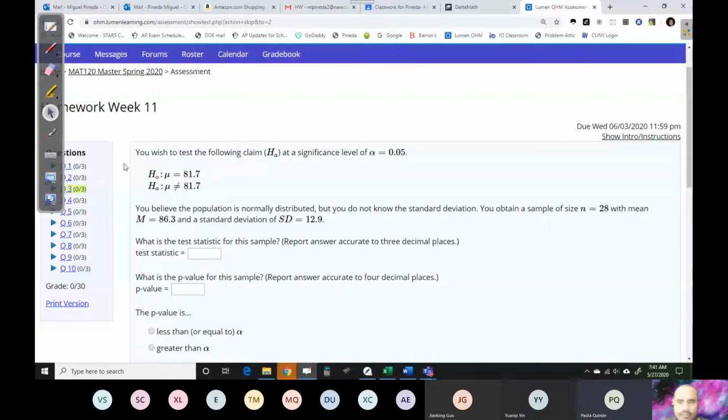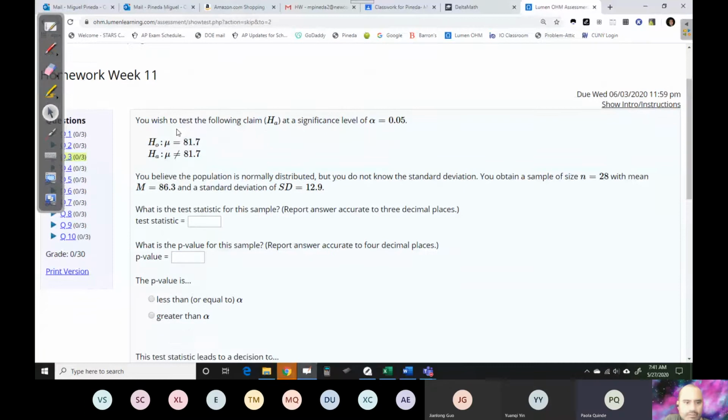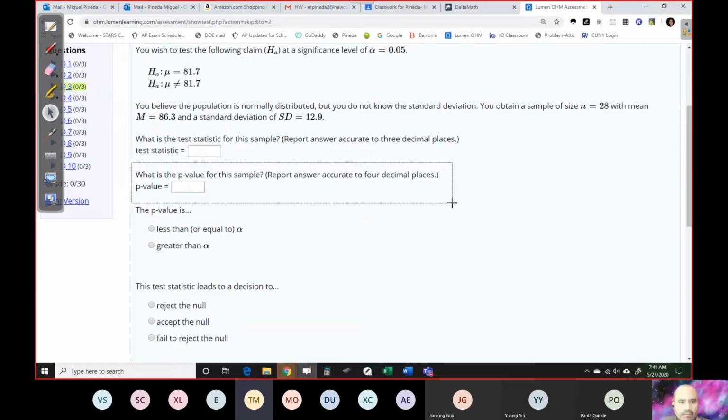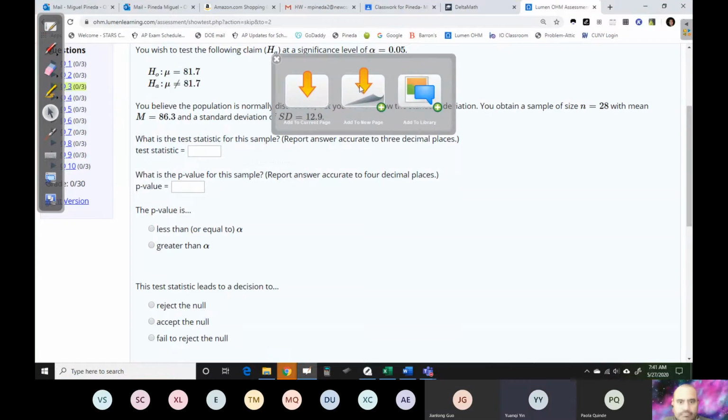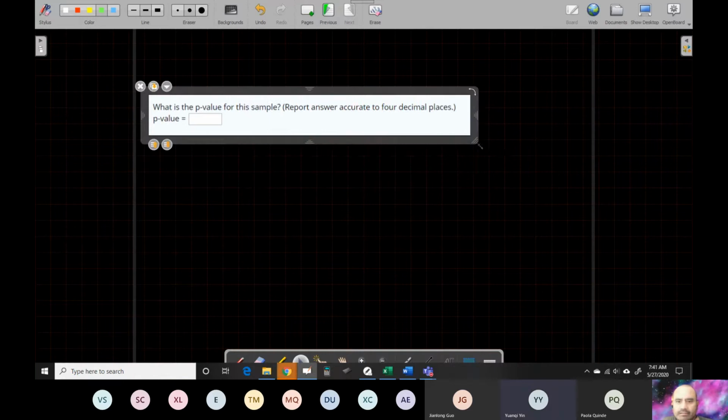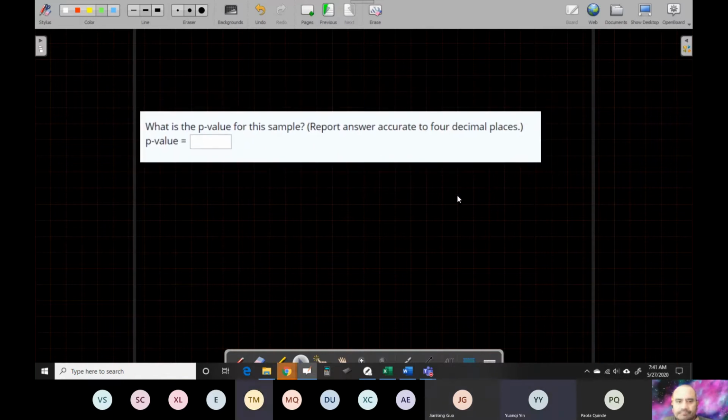All right. I'm going to copy the next question. Now it's asking me what is the p-value for this. I'm going to go to a new page so that we don't have that problem. Now, what is it that we found? That is very important that we know what we found. So let's copy a little piece of